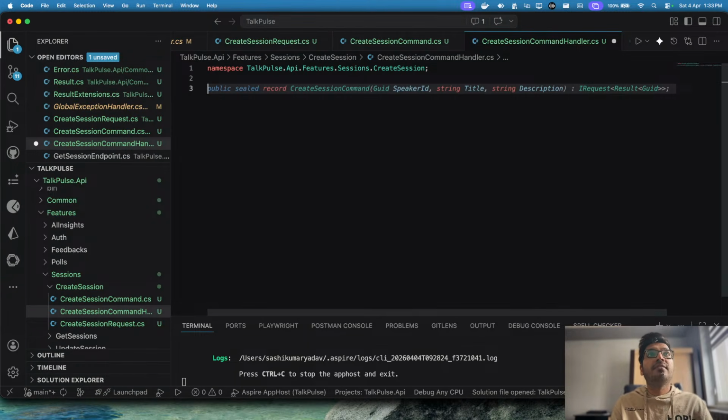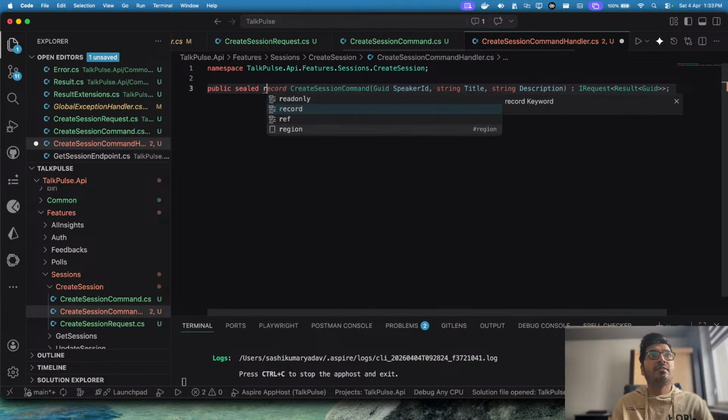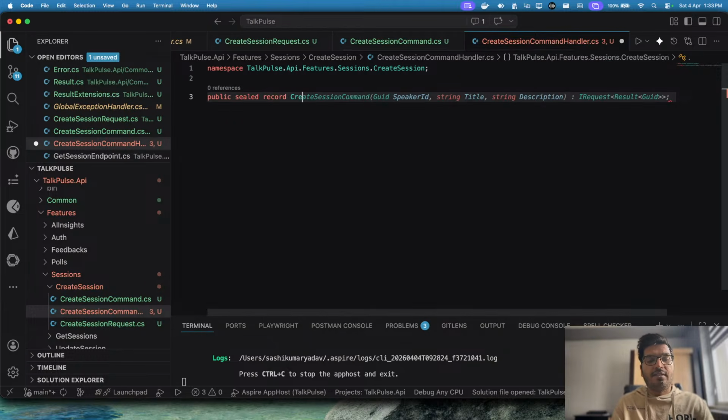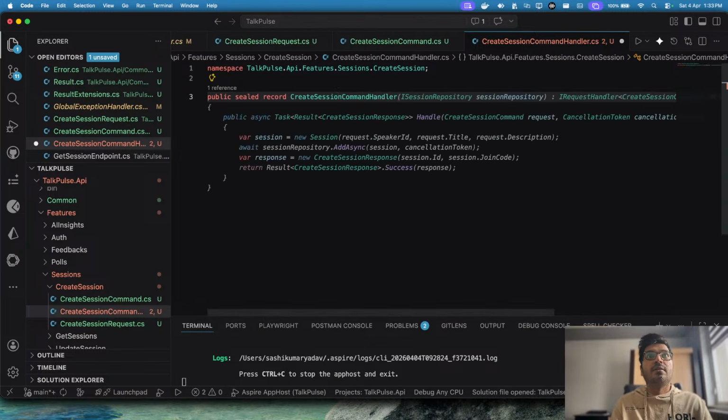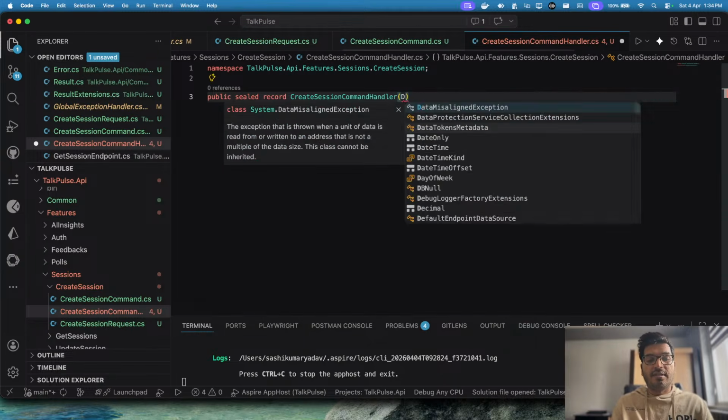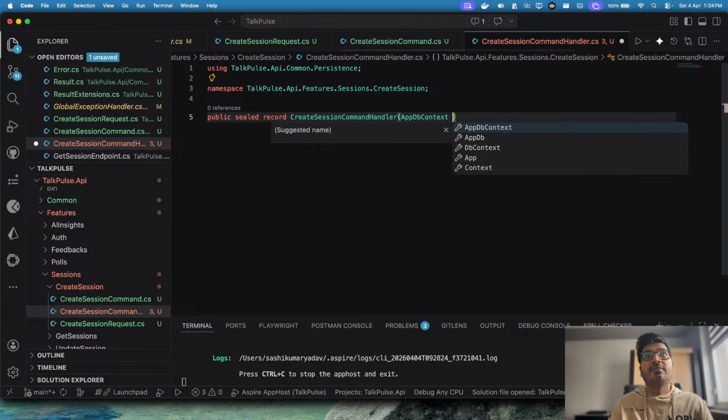Create a command. What is this doing? No, this is incorrect. So we'll say public sealed record, and we say create session command handler. Okay, and this guy is using a primary constructor. So we say app db context, which is my DB,